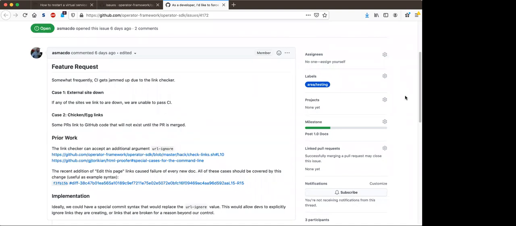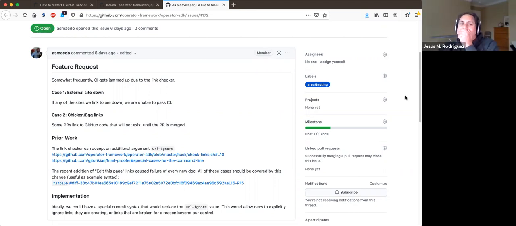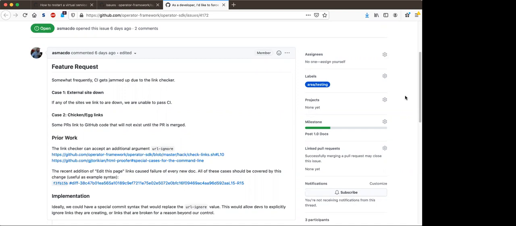Yeah, I should also comment that the syntax for the URL ignore value is kind of gross. You can't just put a link; you have to escape all the slashes and stuff. And also, since it's regex, there's also slashes that are like regex slashes. So it's easy to screw it up. I would rather just have some way of saying, hey, the link checker is optional for this test. I just wrote this up because it was the first thing I thought of.